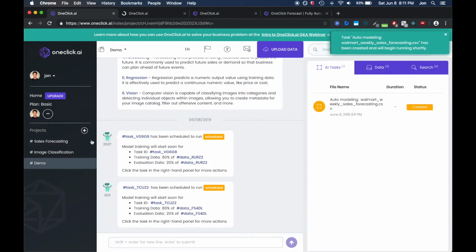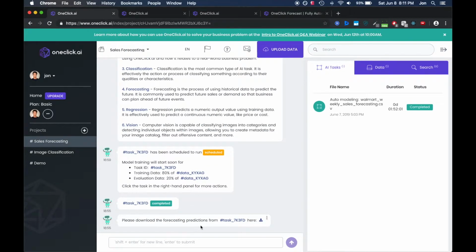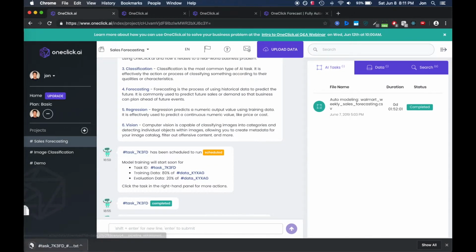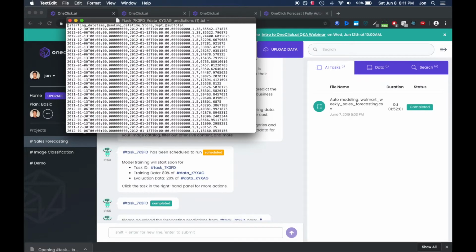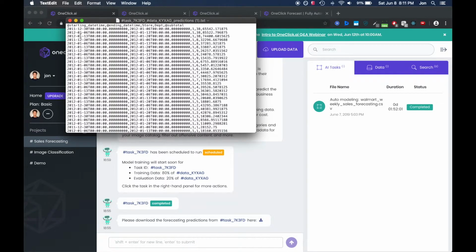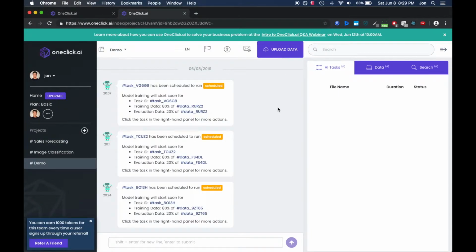But for our purposes, I've already ran this task and we can go over here and just scroll down and download right here. And we can look at our results and we see we have our results for all the dates that we selected. And that's it. Now in this next example, we're going to create an image classification model to identify different manufacturing